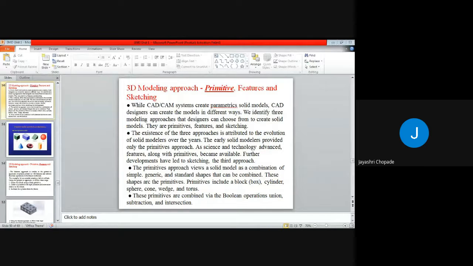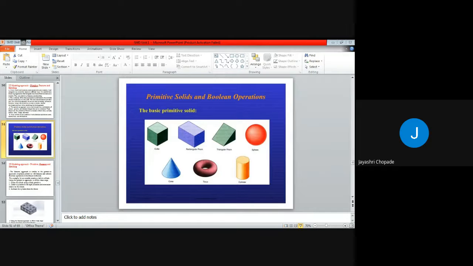In Boolean operations, suppose we have a block and we want to create a hole in it, so that will be the subtraction from that block, so that we can create the hole in that particular box. So here first of all we will see what are the different primitives available with us. Here you can see some shapes or primitives. So this is a cube, rectangular prism, then triangular prism, sphere, cone, torus and cylinder. These are some examples of primitives which are used with 3D models.